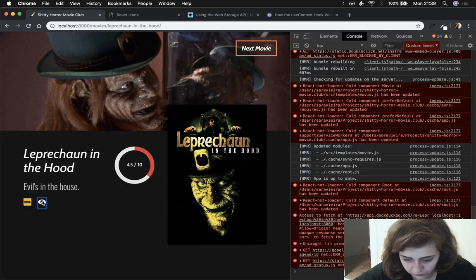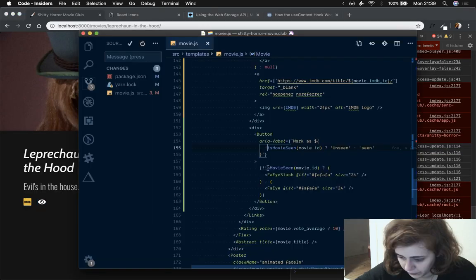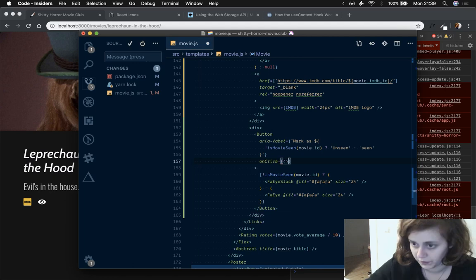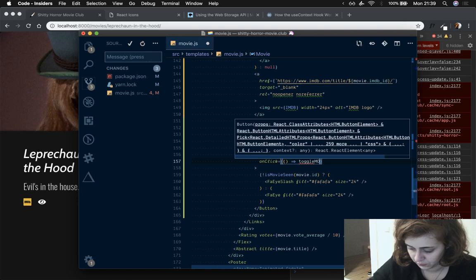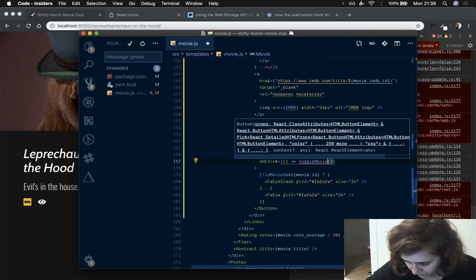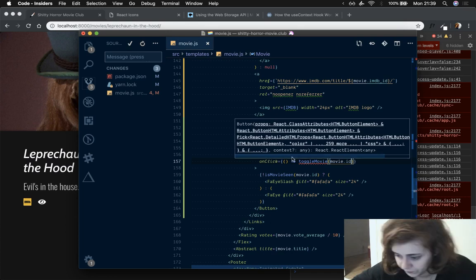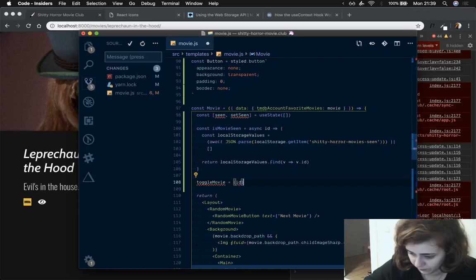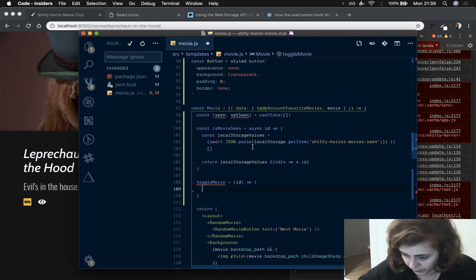Okay, so now I should be able to click this button. So I should say on click, and I should just say toggle movie, and pass movie.id. So toggle movie gets an ID as well, and then it runs a function and it says like if